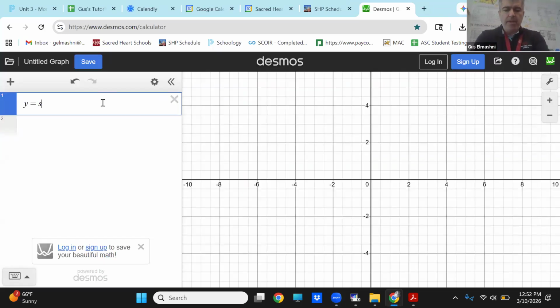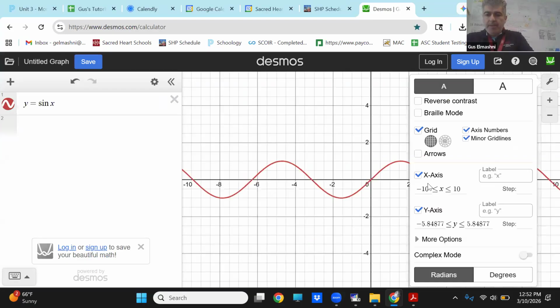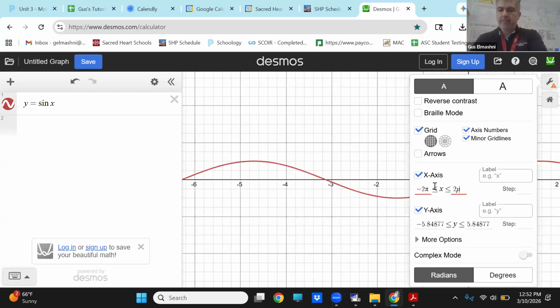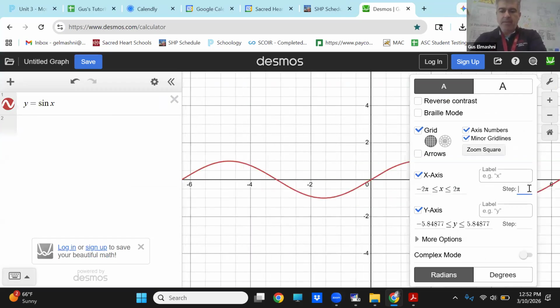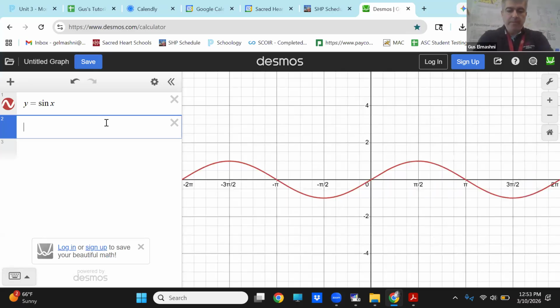So y equals sine x. And by the way, if you go to that little toolbar, you can always change this to like negative 2 pi to 2 pi, and that's a pi over 2, however you want to do it, right? And of course, I'm in radian mode, right? And then if I do dy over dx,